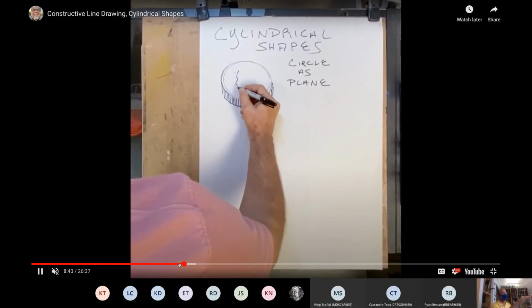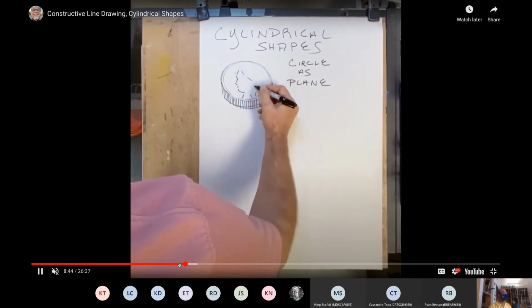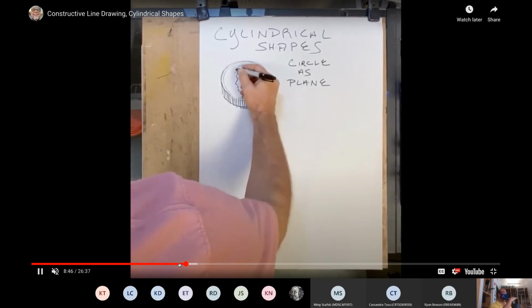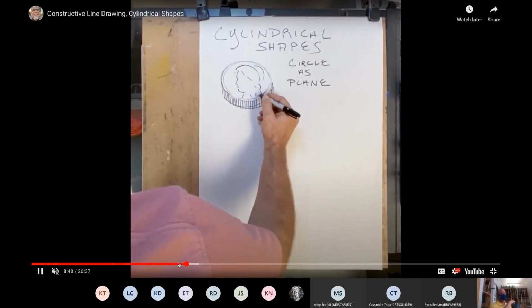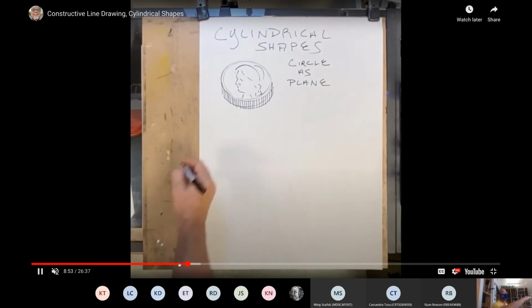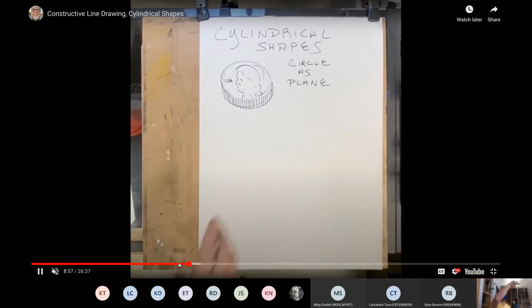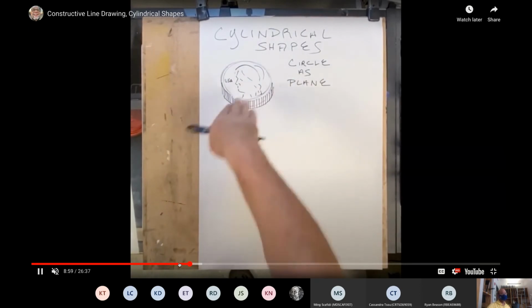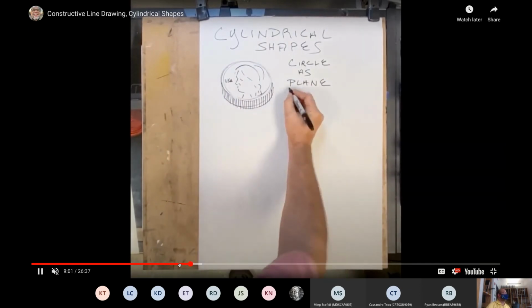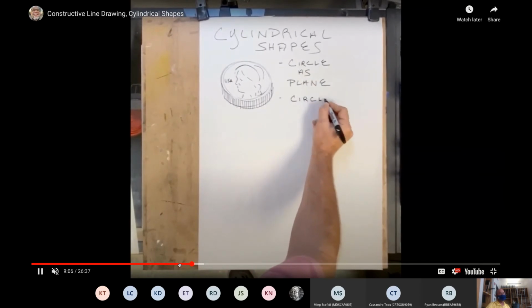But when it goes away from us in perspective, parallel with our line of sight, it becomes a plane. So like a quarter, like I'm drawing right now, is a plane, right? It's a planar cylinder. It's laying flat. So that top moves from being a circle into being what we know or call, can anybody guess? A circle seen in perspective is called a,